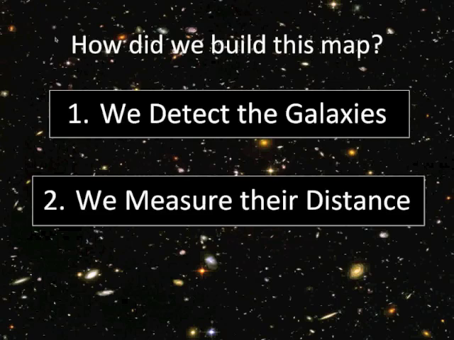Just look at a picture, like the one here in the background, and I have no way at first hand of knowing if this galaxy is closer or further away than this other galaxy, right? So I want to talk to you about how astronomers go about measuring distances to galaxies. And there are many, many different methods that astronomers have used during history to measure distances to galaxies. But I'm going to focus only on one, which is what we call the cosmological redshift, right? This is by far the most widely used method to measure the distance to a galaxy, right? And it's actually the only method that we use in the very distant universe, right?